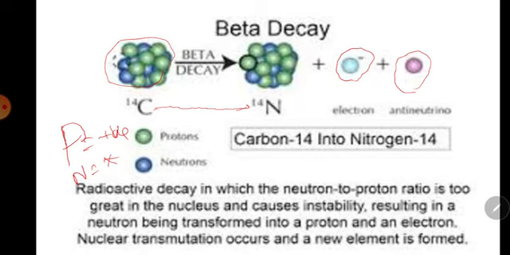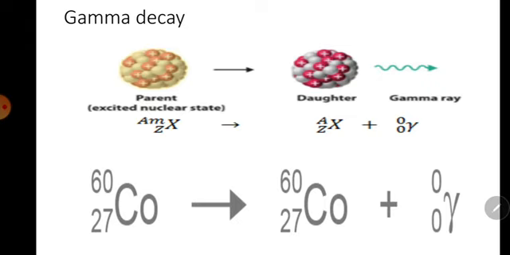Radioactive decay, in which a neutron disintegrates into a proton: the neutron to proton ratio is too great in the nucleus and causes instability, resulting in a neutron being transformed into a proton and an electron, or nuclear transmutation occurs and a new element is formed. For example,